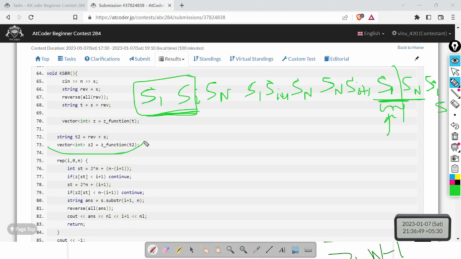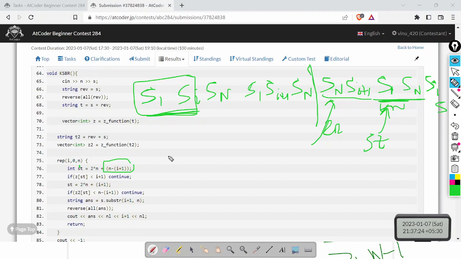Okay, then we also build another z function that I have explained in the second comparison. So what we are doing is we are trying all the prefix lengths from 0 to n. Now we are finding this, and this start is this start index. Okay, so this index will be simply what? This is 2n. This is the second string now. This index is 2n, and we are skipping n minus i characters. So 2n plus n minus i plus 1, because if we are at i, this is not the length, this